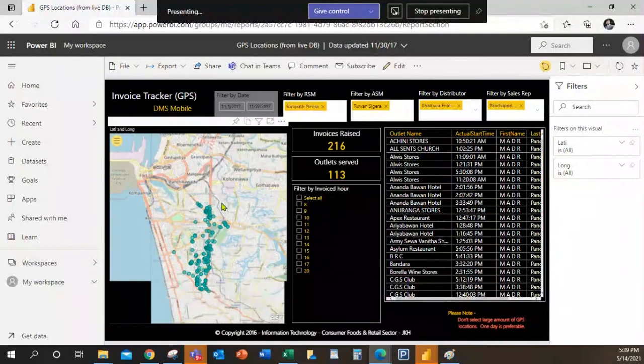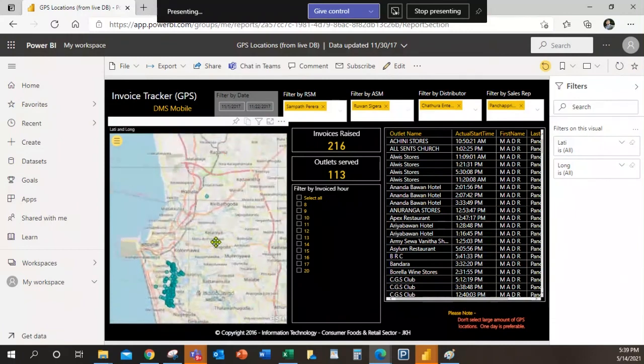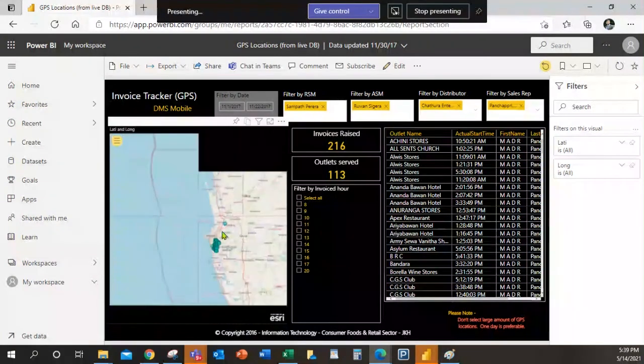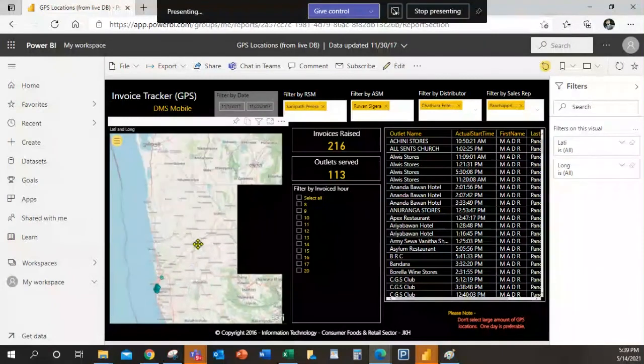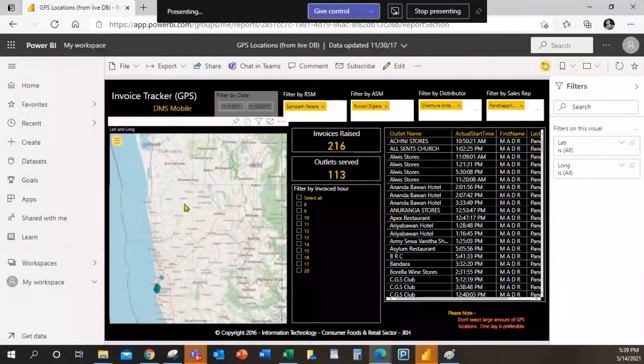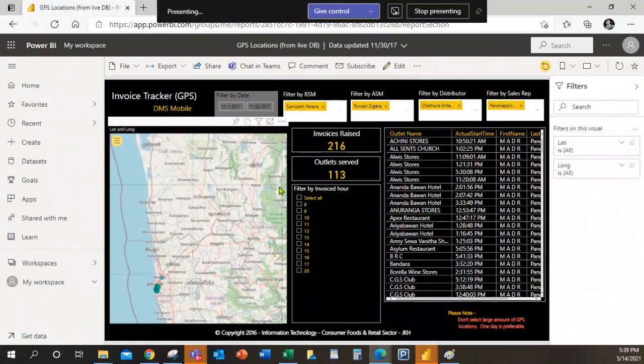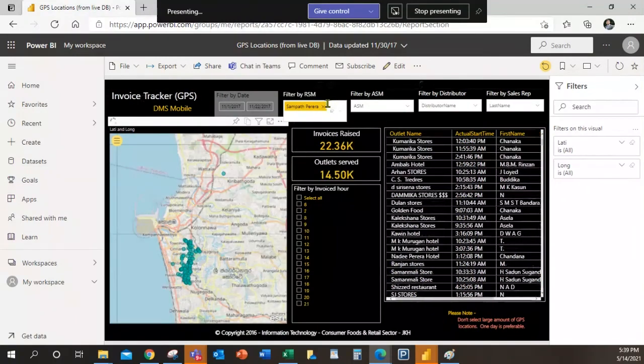It depends on the industry. In this company, they wanted to see what the places are. This data set is related to an invoice tracker. They use a mobile device and mobile application to place their invoices to outlets in Sri Lanka, so they needed to track their sales on a map like this.